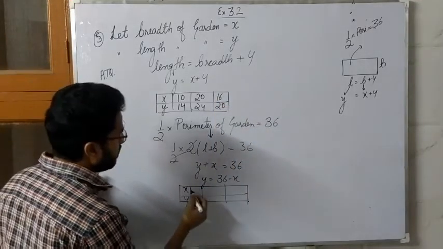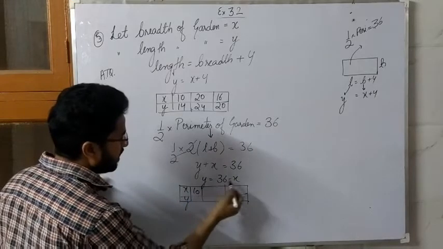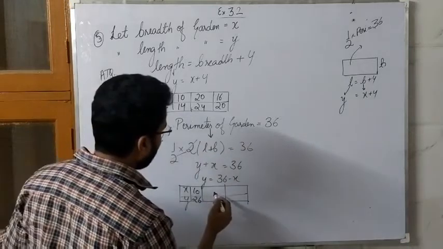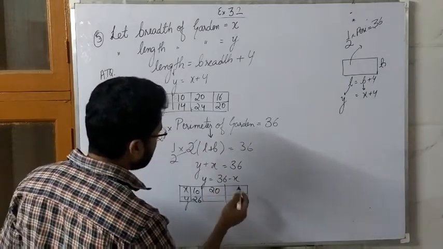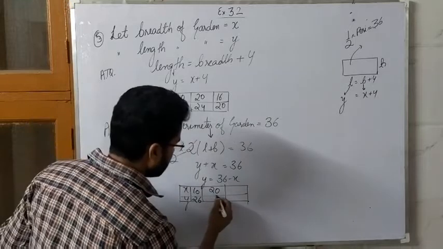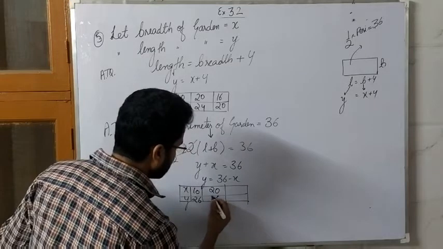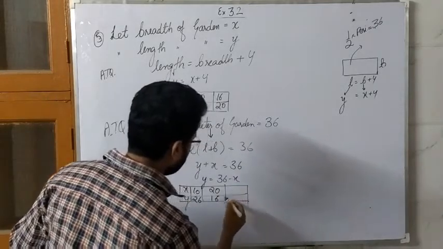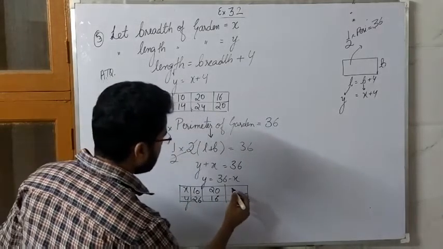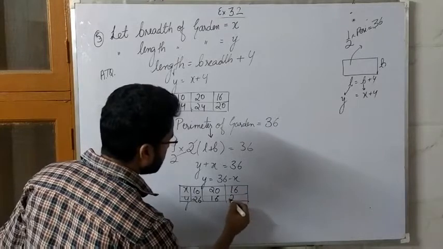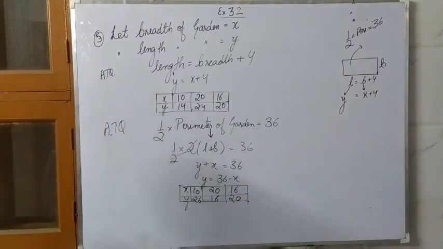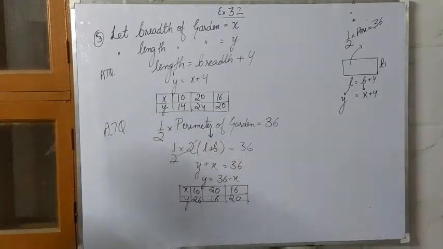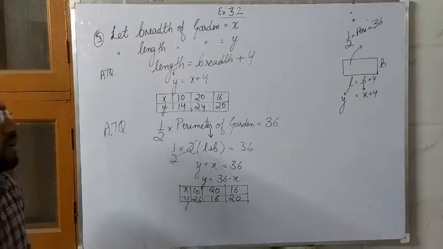Similarly in this, what will we put? When we put 10, how much do we get? 26. And when we put, let's say, 20, then how much do we get? 16, right? And when we put, let's say, 16, then how much do we get? We get 20, right? Now, when you plot the graph of these two, you will come to know